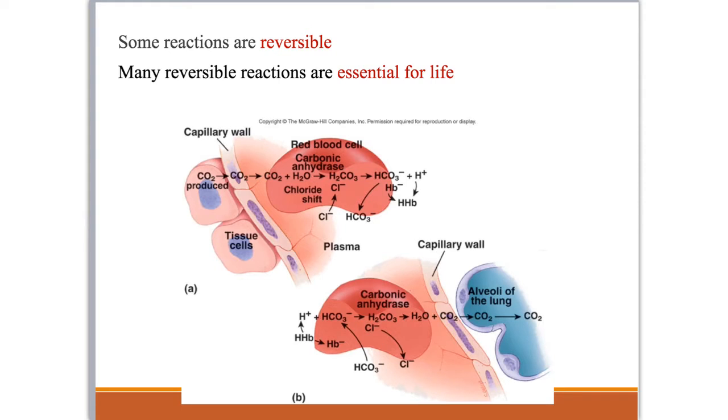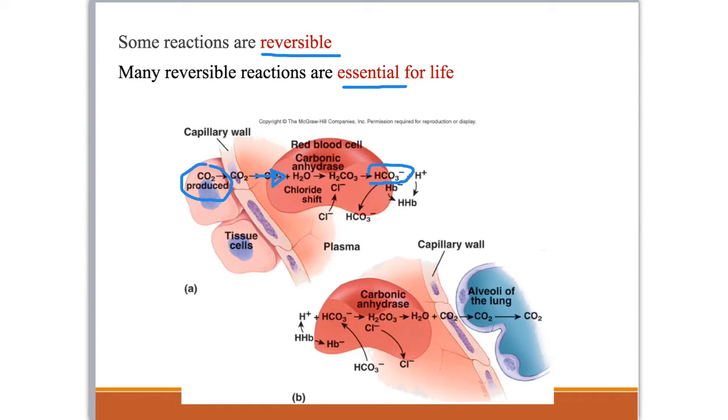But many other reactions are reversible. Interestingly, many of these reversible reactions are ones that are essential for life, and that's what keeps us going. For example, the picture that I have here is what happens to carbon dioxide. It is produced in body cells, and we have to get rid of it. We have to move it out of the body. And so it's going to move into the bloodstream. And it actually isn't carried as carbon dioxide. It is put into a bicarbonate ion, which is